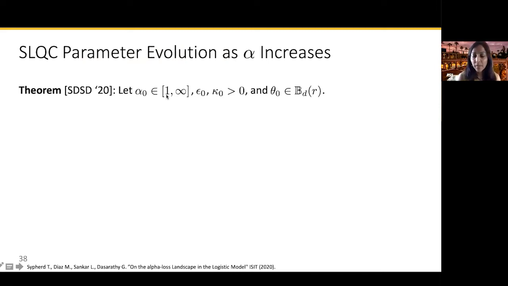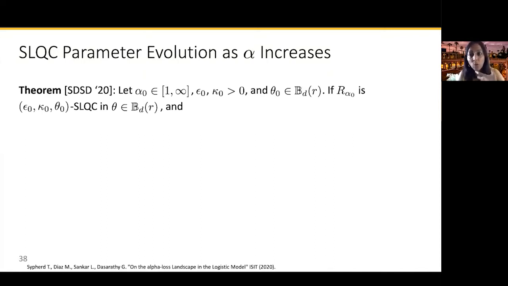Okay, and that works, right? Alpha naught equals 1, I'm SLQC, so I can start there, right? And for this alpha naught, I have epsilon naught and kappa naught as my SLQC parameters. That's my plane, and epsilon naught over kappa naught is the radius about a point theta naught. And keep in mind, I can only give you guarantees with respect to this minimum theta naught, okay, that I